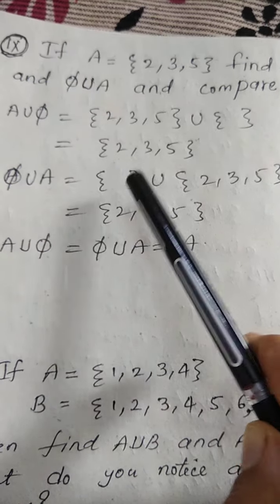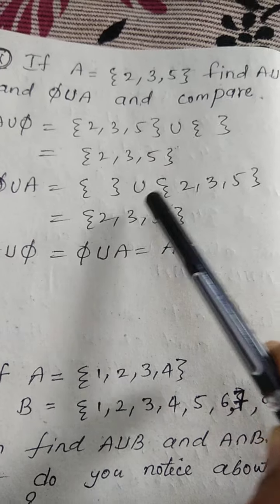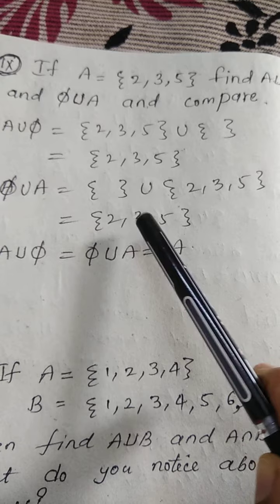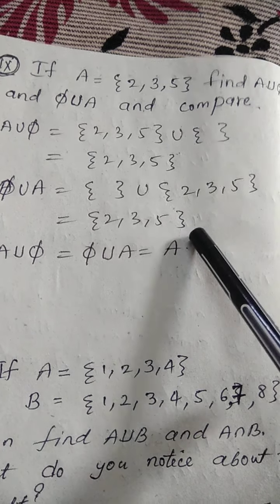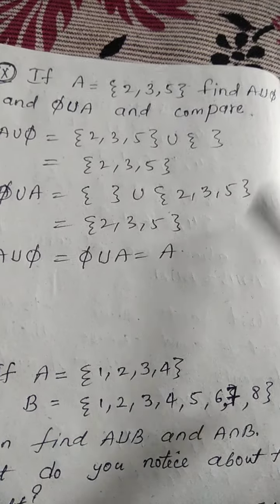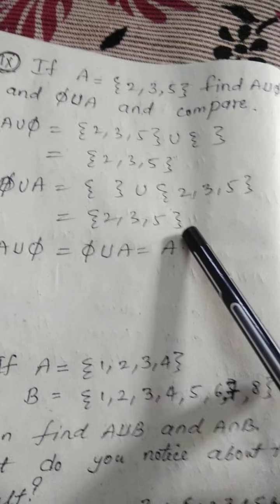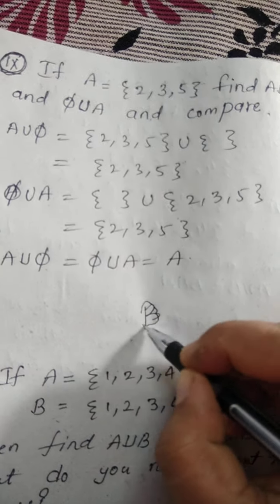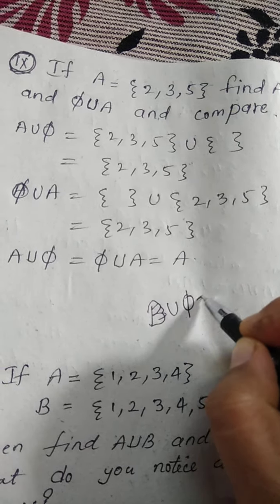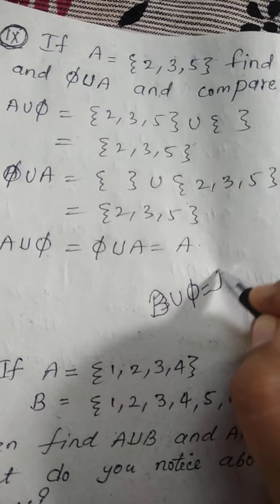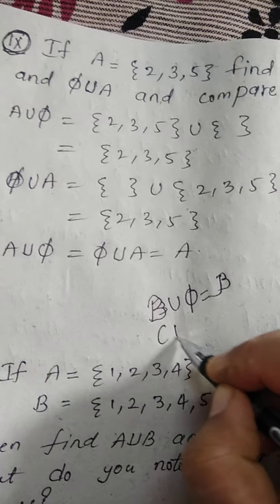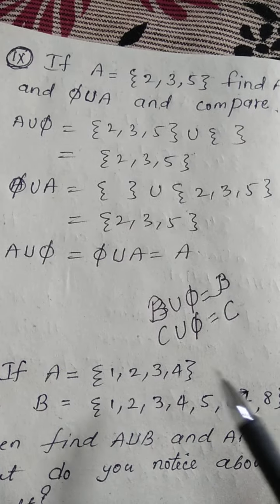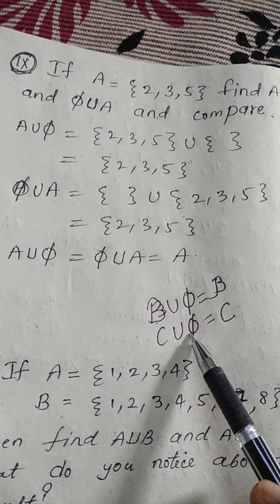Phi union A means write the empty set, then put a union sign, then write A. If you combine them, you will get 2, 3, 5. Means if we combine any set with the empty set, we are going to get the same set. So tell me, what will be B union phi? It will be B. C union phi will be C. Means if you combine any set with the empty set,